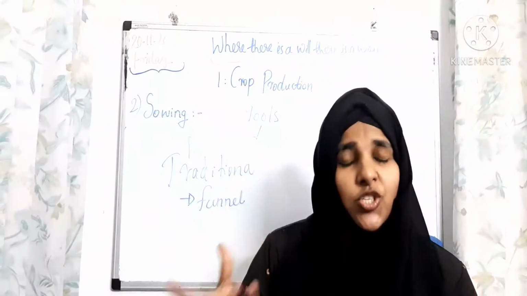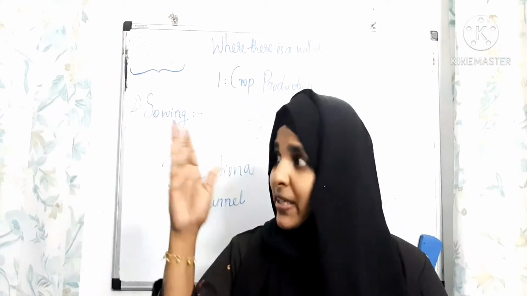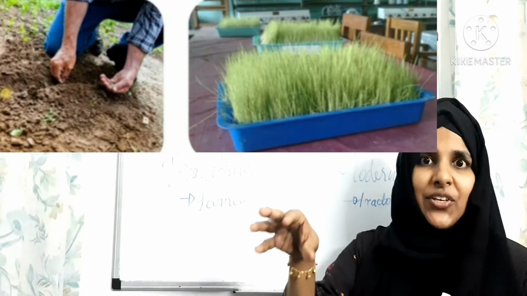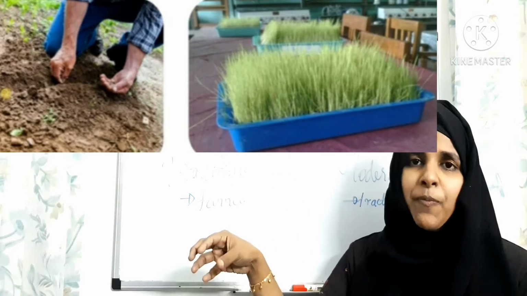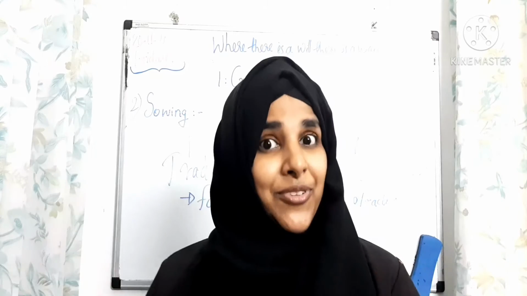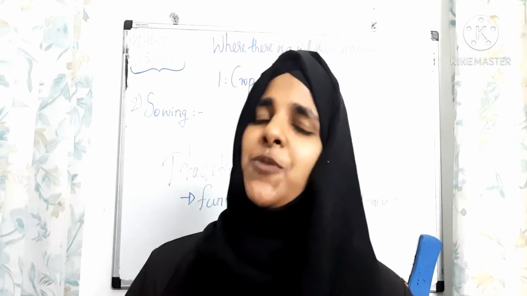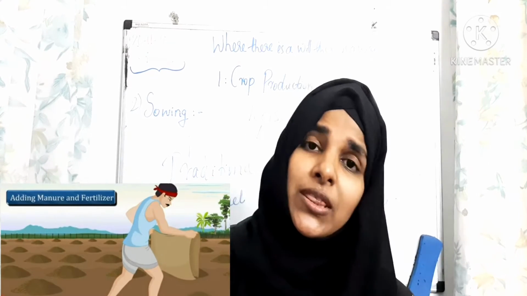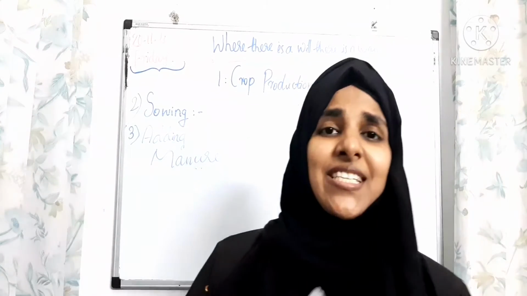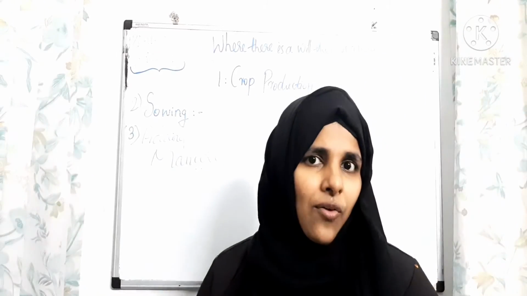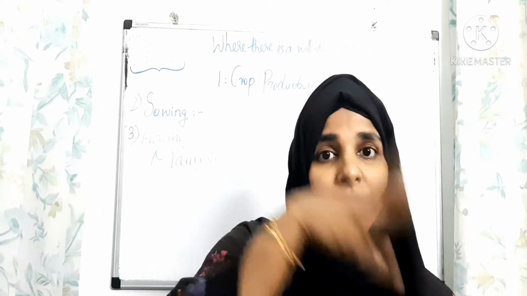In sowing the seeds we also use two methods. Look at the picture, you can see direct sowing and transplanting. Good plants we can transplant from that pot, right? After sowing we need to add some manures or fertilizers for the growth of the plant. So the third practice in agriculture we can check. Children, what are manures and fertilizers? It is actually the third agricultural practice, adding manure or fertilizers.